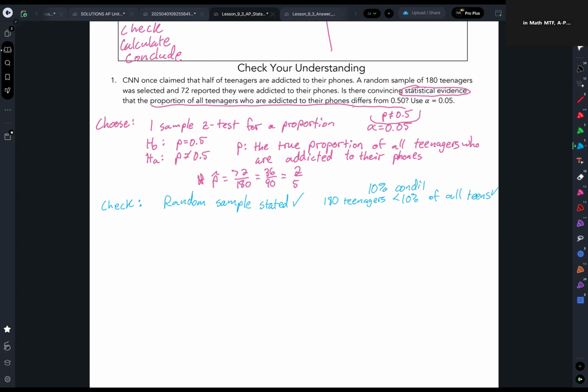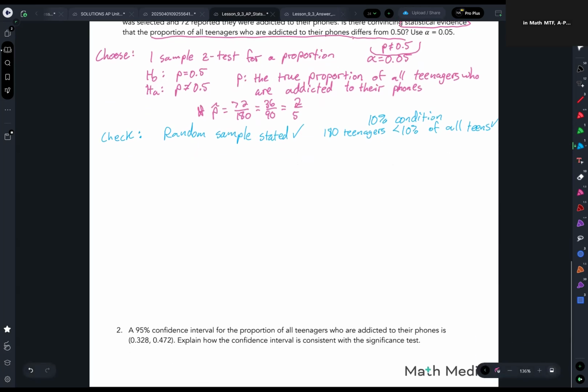Do notice we always want to keep in mind why these things exist, but you don't have to say it every time, at least as far as I'm aware. I'll check on that. But random samples so that we can make an inference about the population, 10% condition so we can use the standard deviation formula for the sampling distribution. And finally,